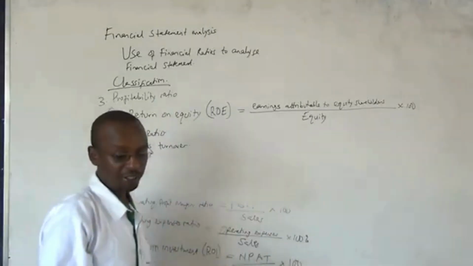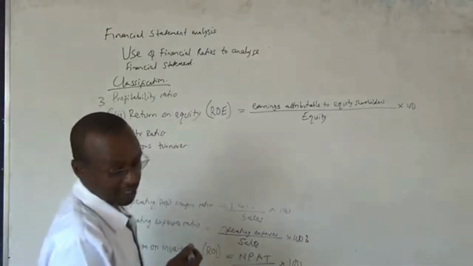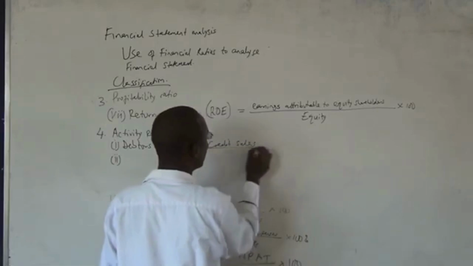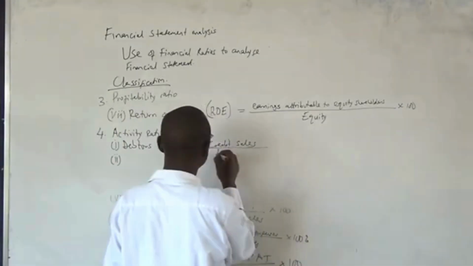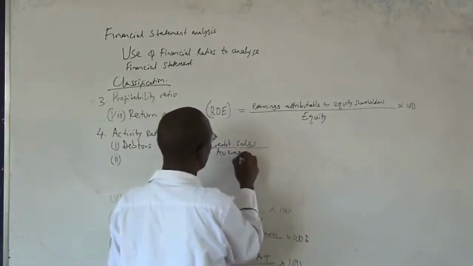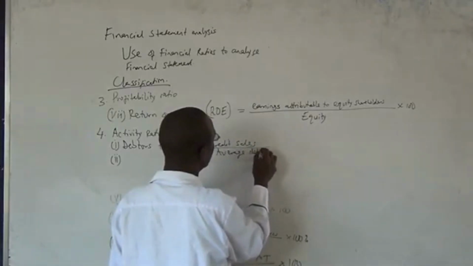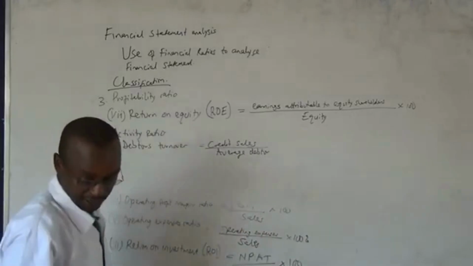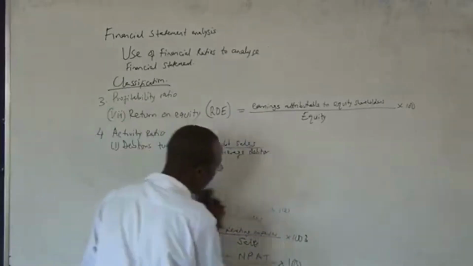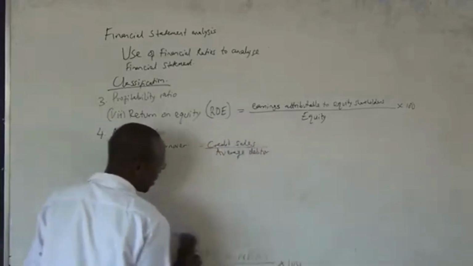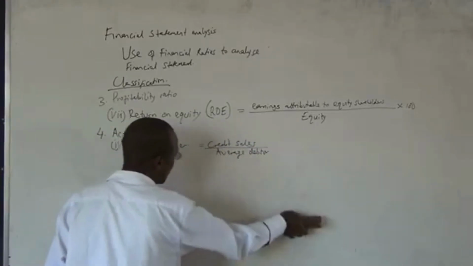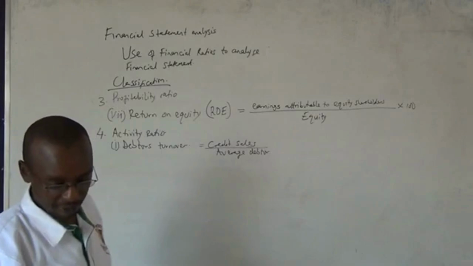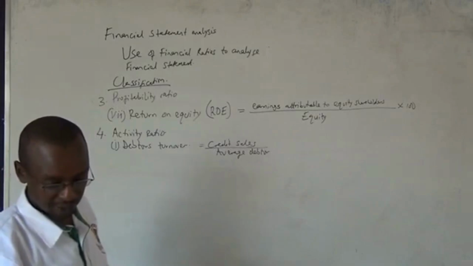So debtors turnover, we calculate it by credit sales over average debtors. Average debtors, you get them by debtors at the beginning of the period, add the debtors at the end of the period, divide by 2. That is debtors turnover. You have debtors days,